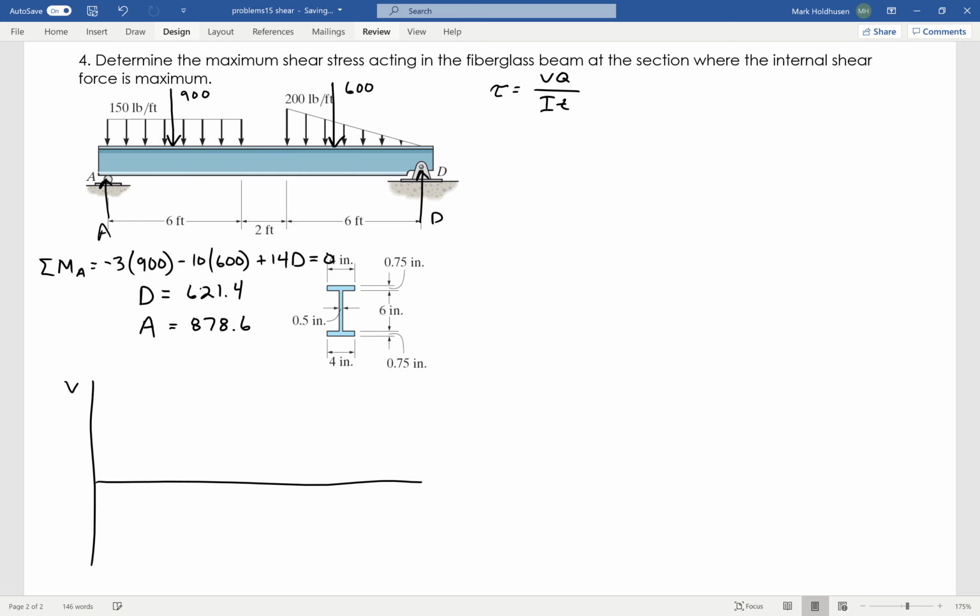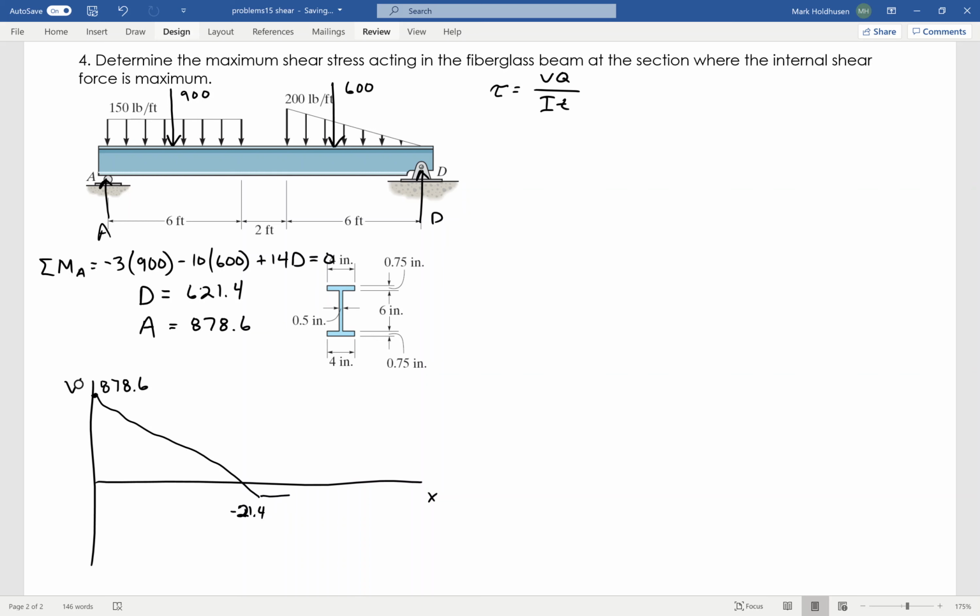So if I draw the shear diagram as a function of x, it's going to start over at the A at 878.6, and it's going to follow a straight line slope because of the distributed load at a slope of 150. So when I get out to 6, it's going to be a total of 900 down. So it'll just barely cross right here at about -21.4. And I get that because, again, it drops 900 in a straight line over the course of those 6